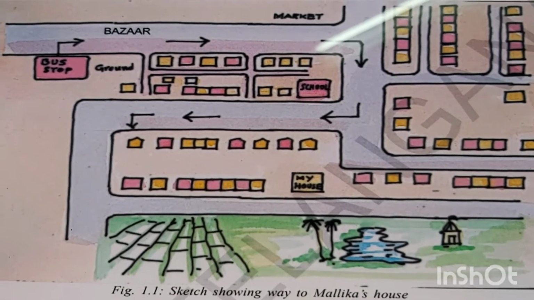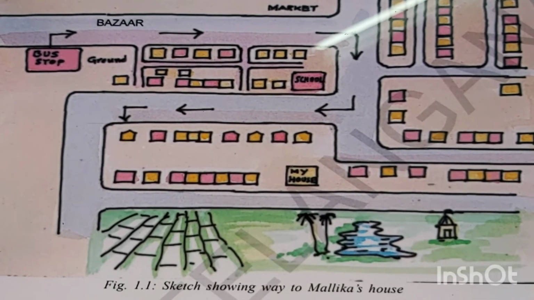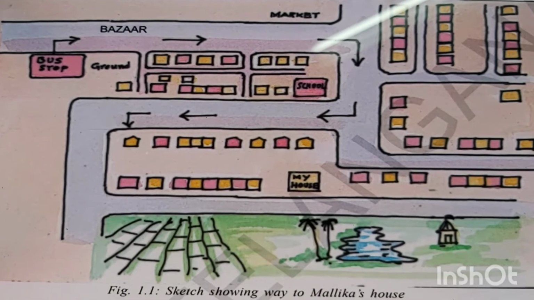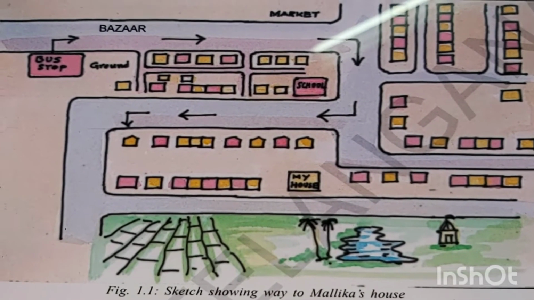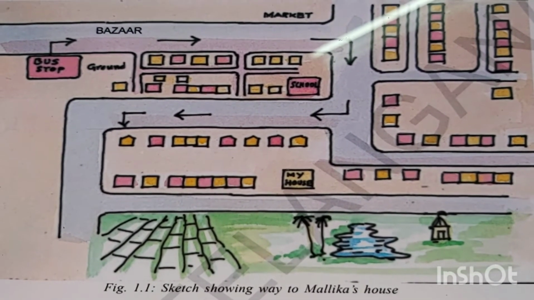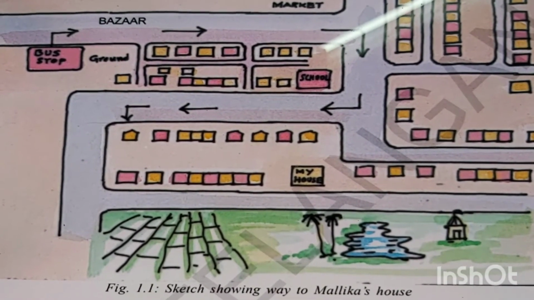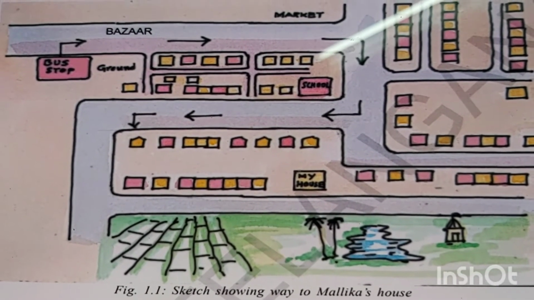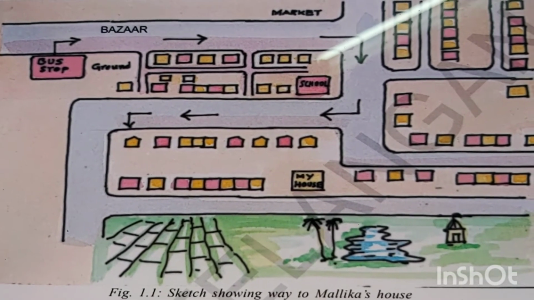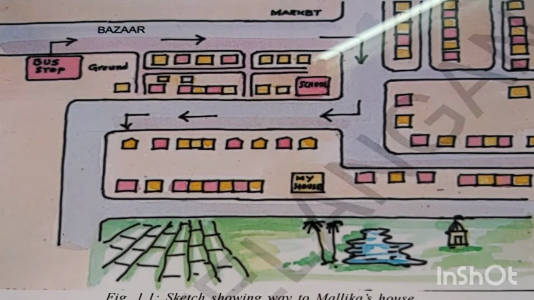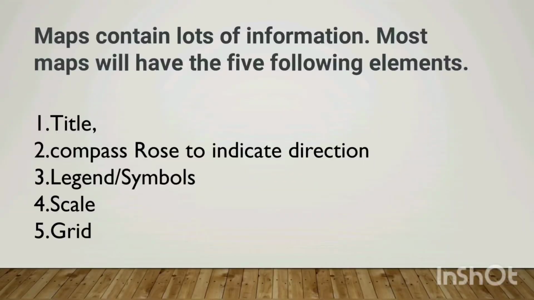So when you draw a map, you should have a compass rose. A compass rose is nothing but an arrow. I will just show in the next slide how it is done. It shows which is the northern position. You usually have to show the north. When you show it, the top will always be the north. So let us see what are the basic elements we have to cover here.